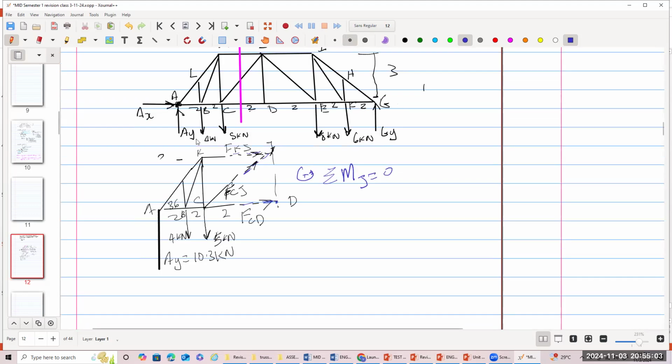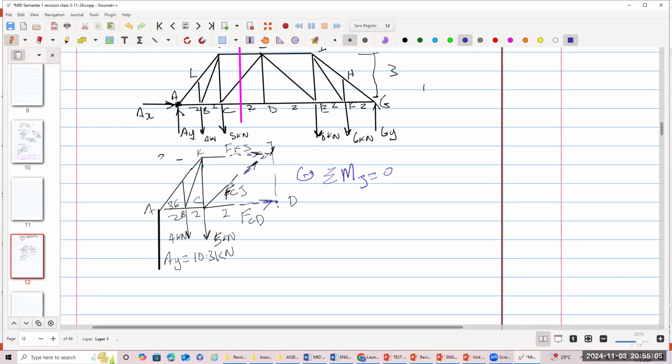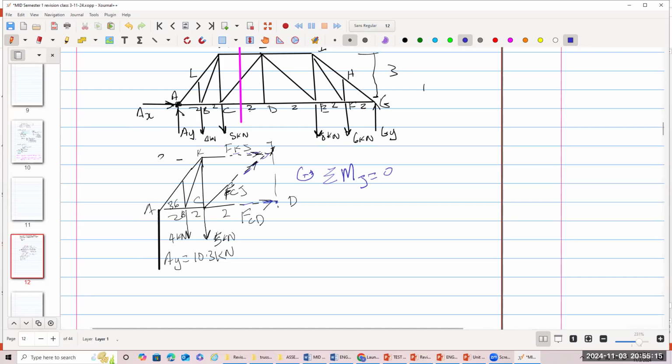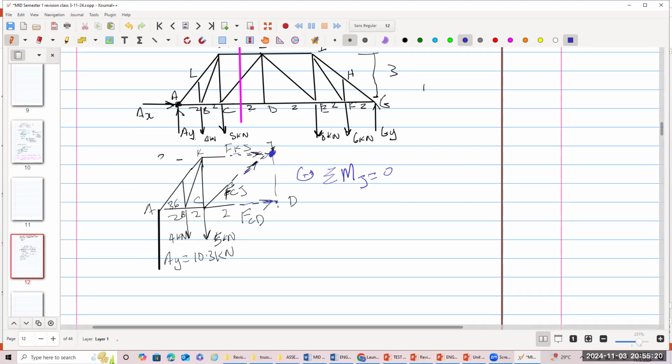I'm just working that part. You're going to finish it. So, let's take moments, please. Let's see if we have enough to take moment there. We're going to take moment right about this point right here. You see the point there? Everybody see that? And the first force that we're going to contend with is the